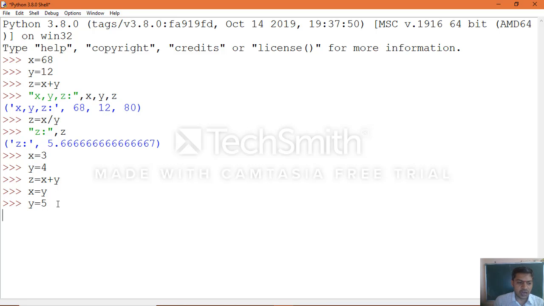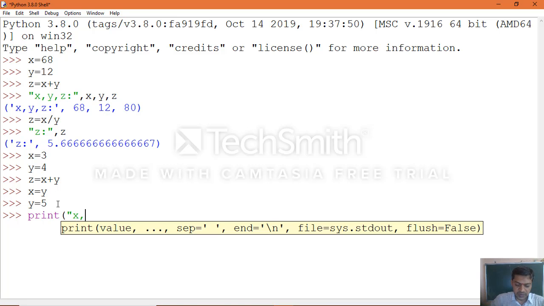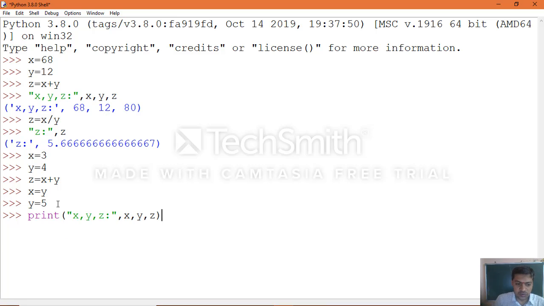Now if you print all three variables here, print x comma y comma z, printing the variables x, y, z. Now see the output. x equal to 4, because x equal to y which we assigned later, that is the value considered, and y equal to 5, the most recent assignment we did.